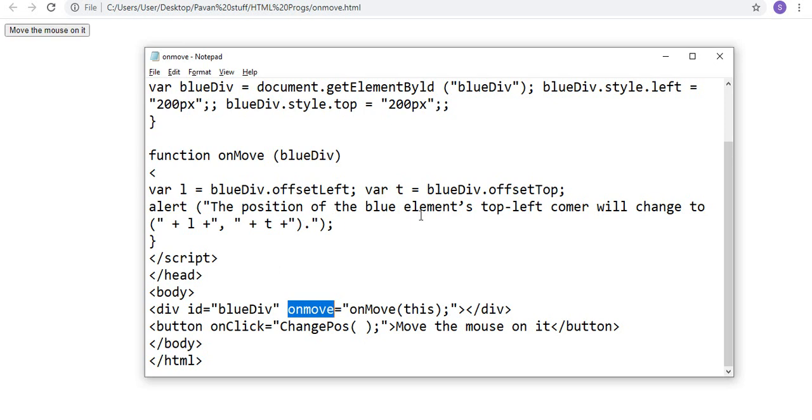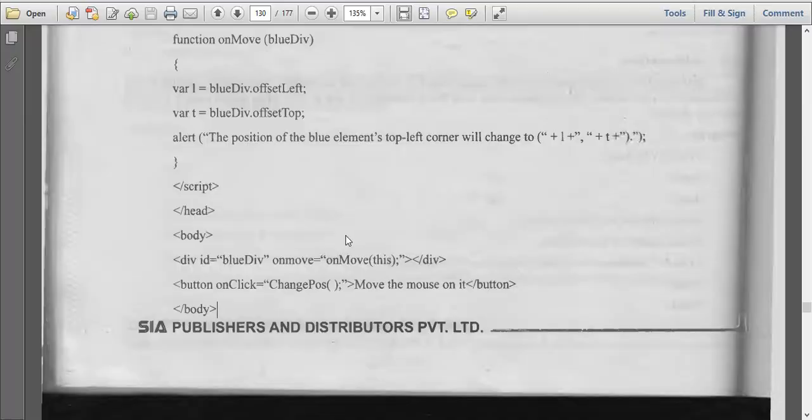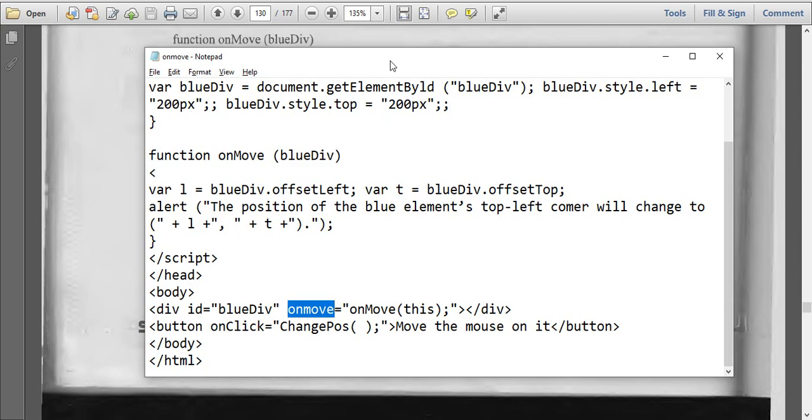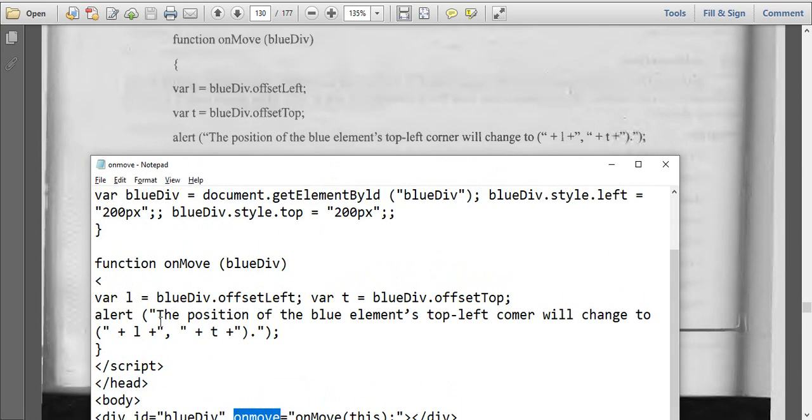So this alert should come. Why isn't it coming? Something is a mistake. Alert in double quotes.